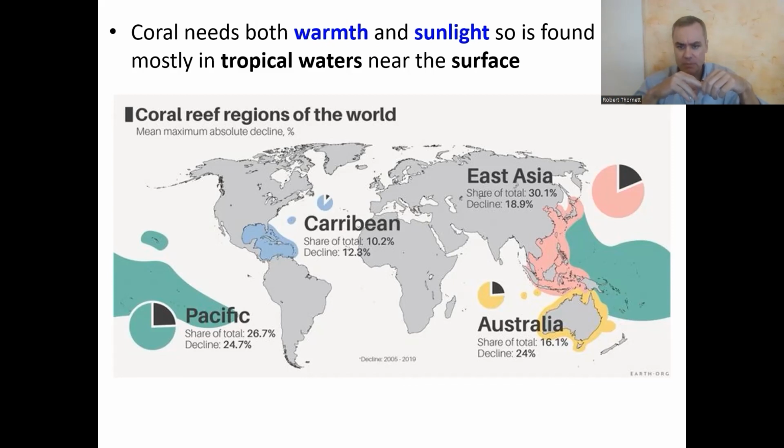You see here the biggest coral reefs in the world: the Great Barrier Reef around Eastern Australia over here, and the Caribbean, a massive region for snorkeling and scuba diving. And then Southeast Asia over here, they call that the Coral Triangle sometimes. And then the Pacific region, meaning all of these smaller islands in Melanesia, Micronesia, and Polynesia out here, even Hawaii up here included. Those are also a massive coral region. So the coral reef biome is extremely rich, not just the coral itself, but all the species living in there.